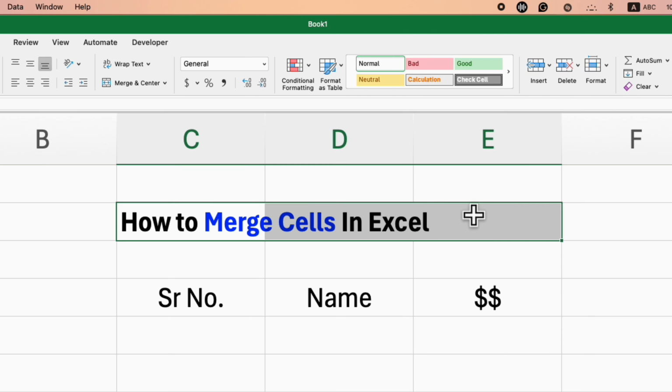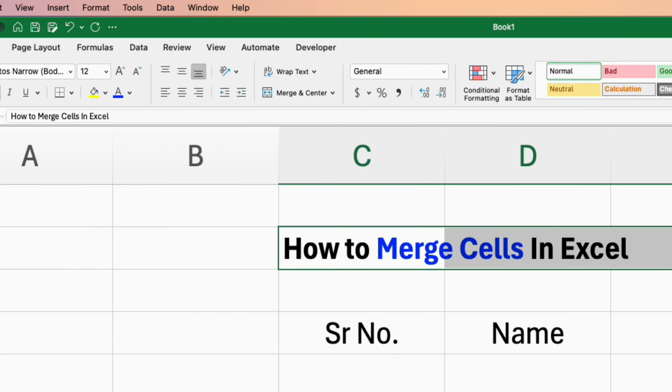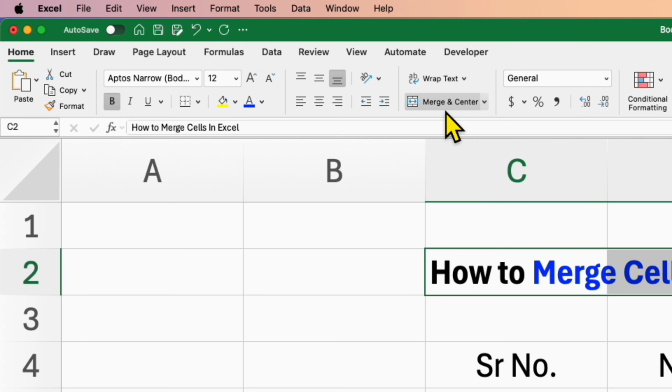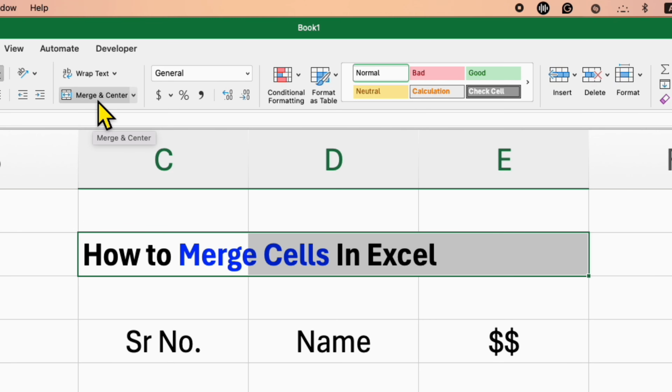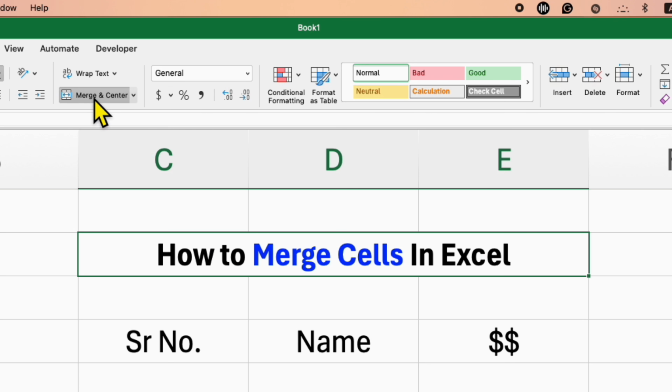After highlighting the cells, under the Home tab, here you will see the option of Merge and Center. You just need to click on this option and the cells will merge and the written text will be center aligned. In case you want to unmerge the cells in Excel, you need to click on this down arrow and